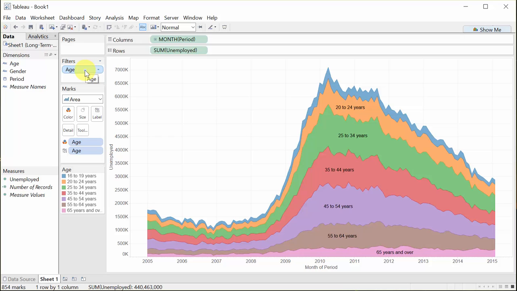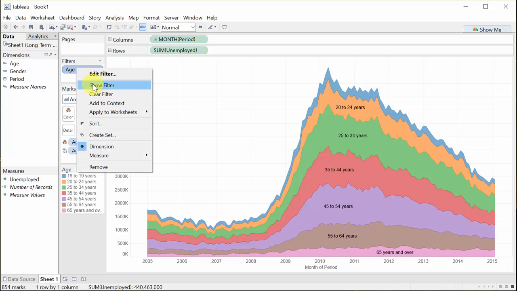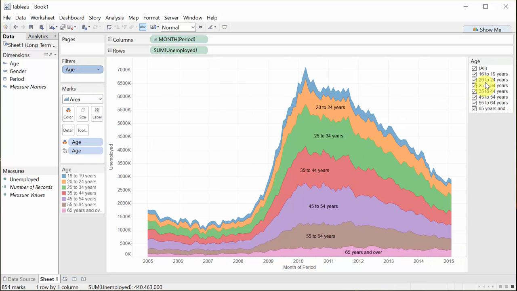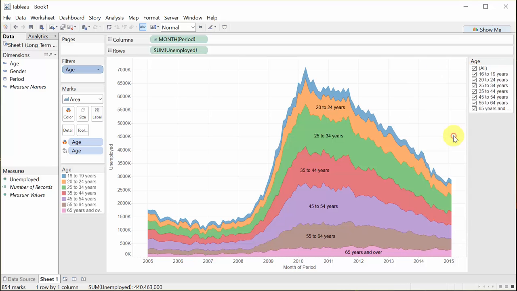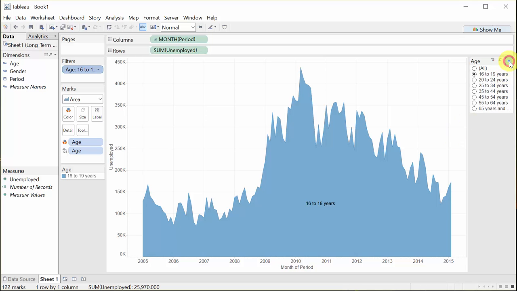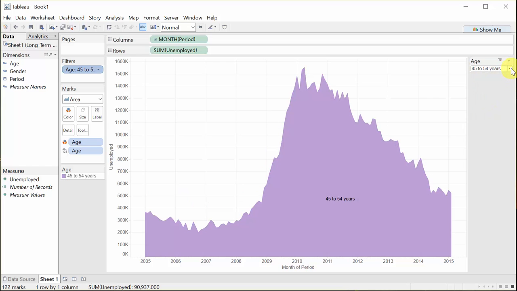Now, a neat way to show this is to right click on that age in the filter and click show filter, and notice all of a sudden the filter shows up here on the right, and we can change the way that's shown by clicking on that arrow, and you can go single value list, so you've got dots there, or you can go with drop down, so you can pick the age group you want,